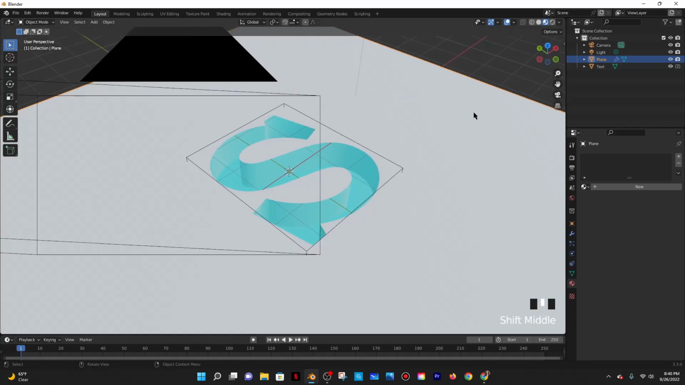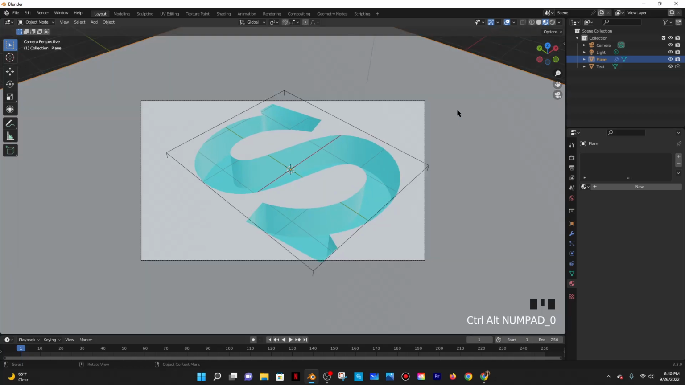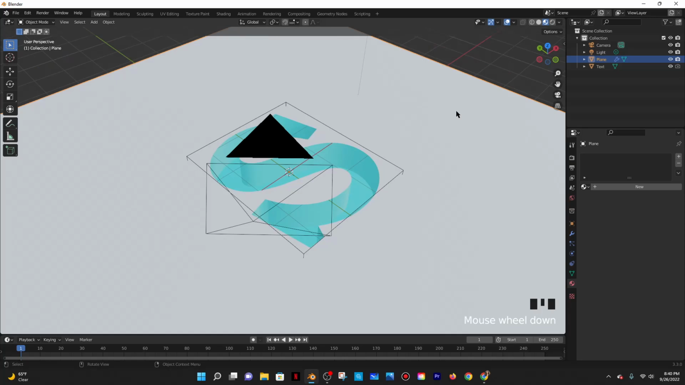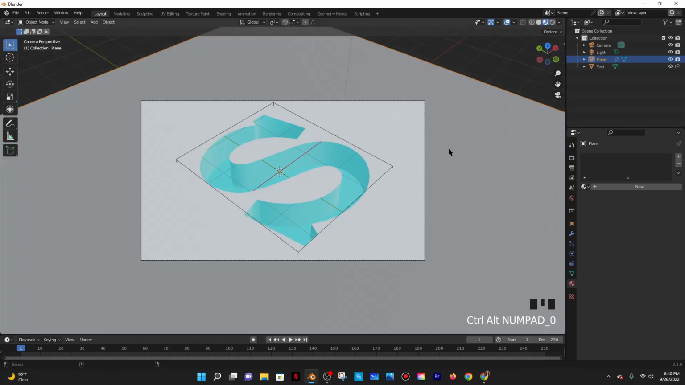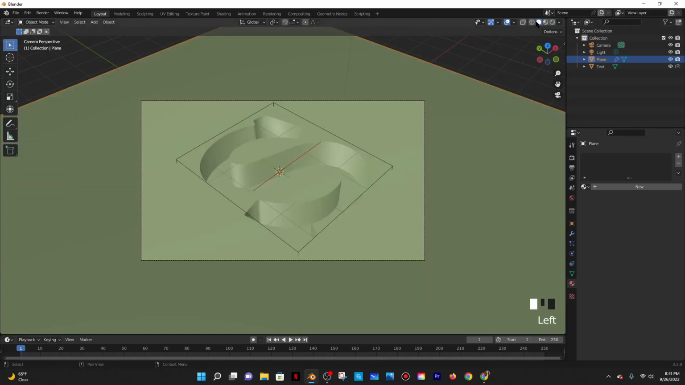So yeah, maybe something like this. Or something like that. All right, I think that's good. Okay, so that's my view that I'm going to work with. And so I'm going to do everything relative to that view. So first things first, if I go back to solid view mode, I think I would want to do